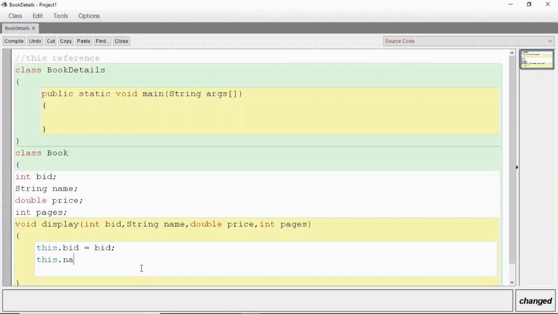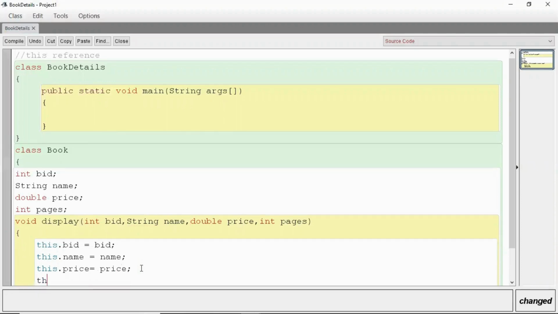This dot name equals name, then this dot price equals price, and this dot pages equals pages.